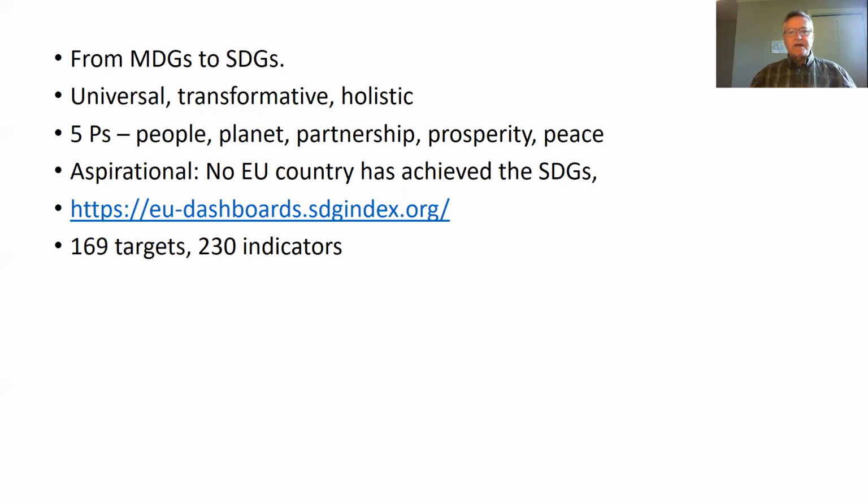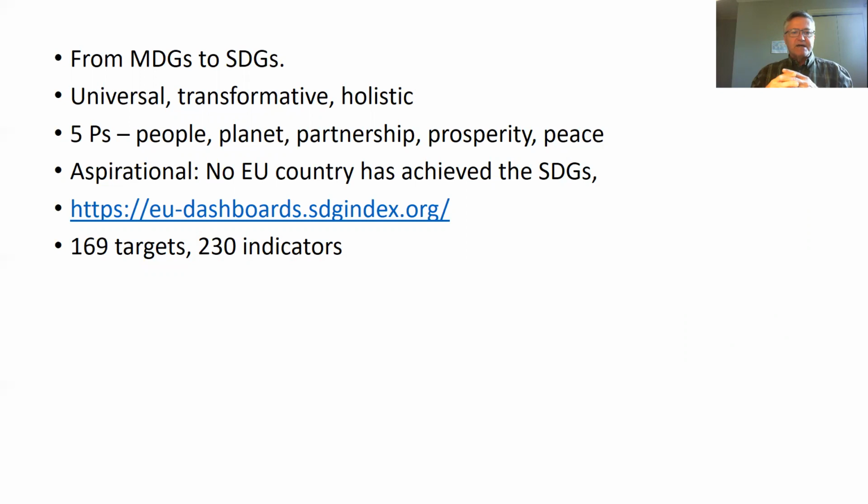So when we went to the SDGs, there are a few principles there. One is that SDGs should be universal, so every country should seek to attain these goals, not just be seen as what poor countries should do and what they could be helped with, but that are seen as universal across the world. They're seen as transformative in that we really can't achieve any of these goals on their own, but they should be achieved together and holistic. So that rather than splitting, there's more idea of cross-cutting